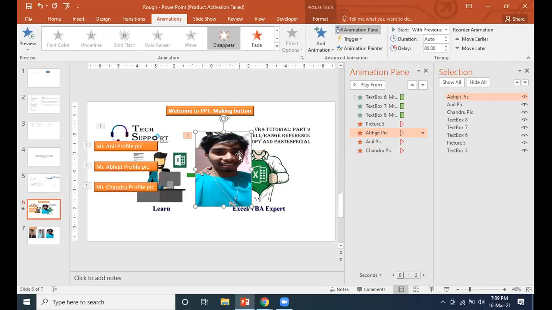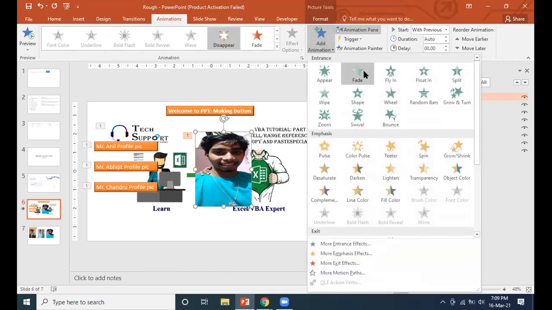We have to make it so that initially it also should not come. Now we have to add one more animation to this Abhijit.